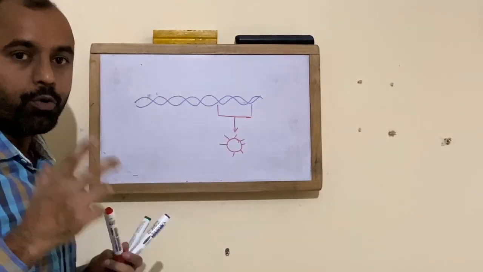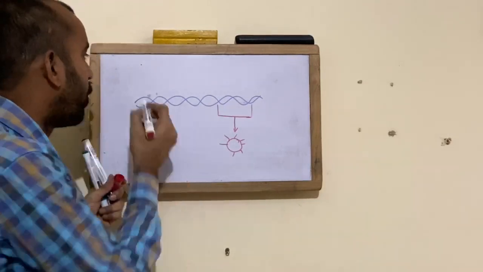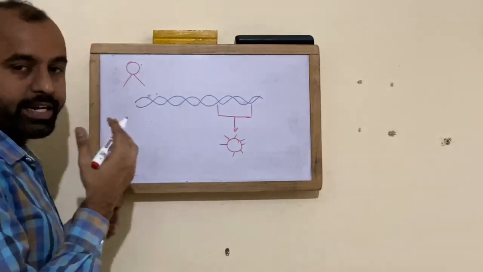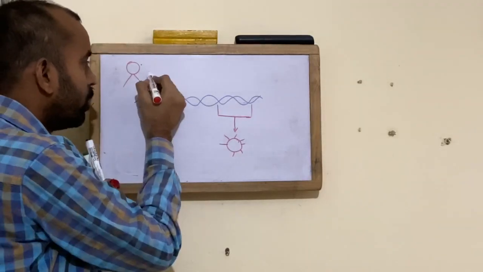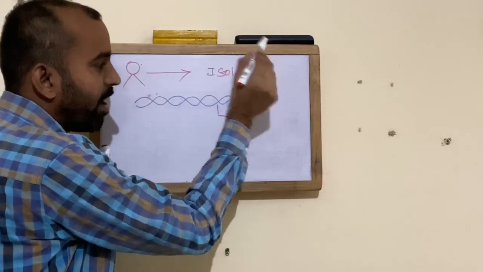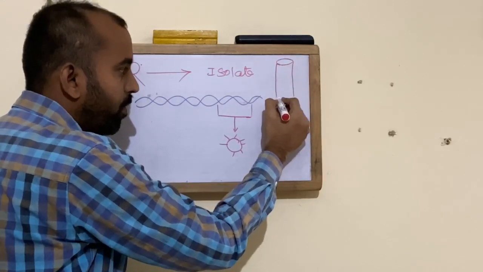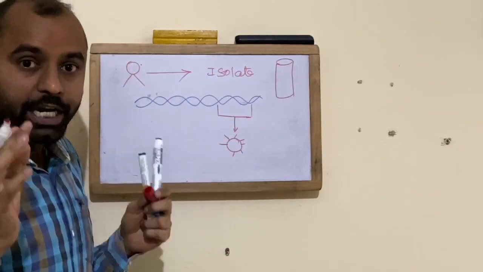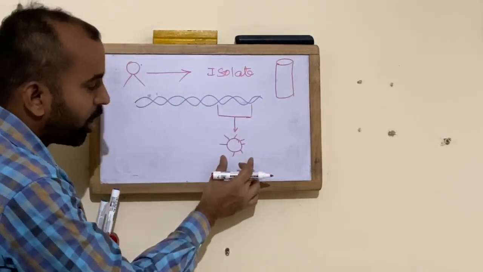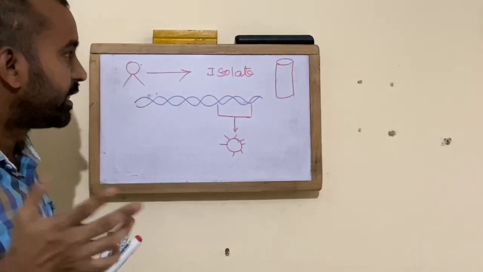Prior to that, you should isolate the gene from your affected individual. Suppose this is a person or animal who is affected with the virus. You generally isolate the virus. That means the virus is isolated. From the isolated cell, you need to identify the sequence of the gene which is responsible for production of spike protein. This is the first step of your vaccine generation.